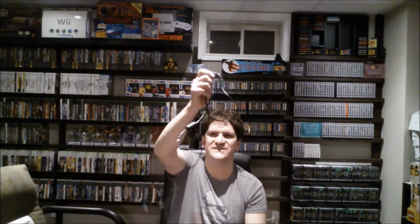It came with a lot of cords and whatnot, kind of weird stuff that it came with. It came with the power cord, which is handy, but I'm sure you could replace that. It also came with one of the charging cables, which is really nice and handy to have come with that as well. And then it came with one of these silver 6-axis controllers, and this totally works, but the